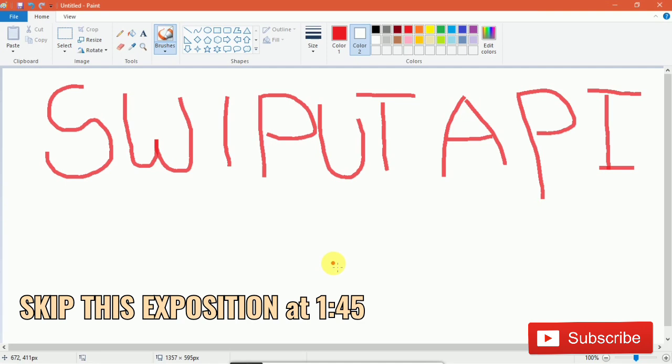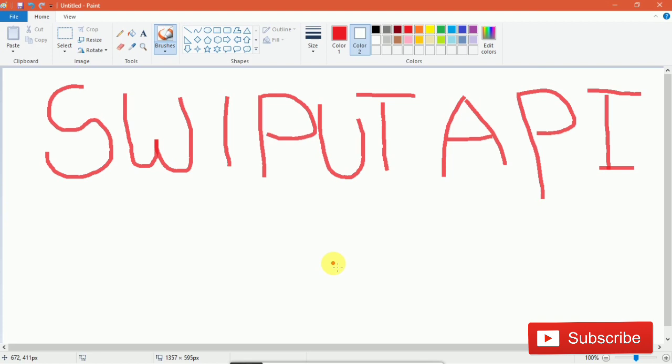Anyway, so let me just give you guys an introduction to what the SWIPUT API is, and then we'll move into the examples I've set up to give you a brief on how to use the API properly in your projects. So the SWIPUT API is a solution I came up with while working on my project as regards solving swiping problems. The idea is